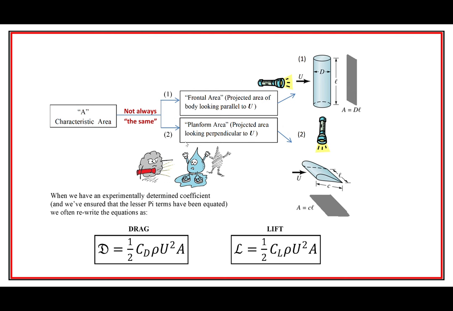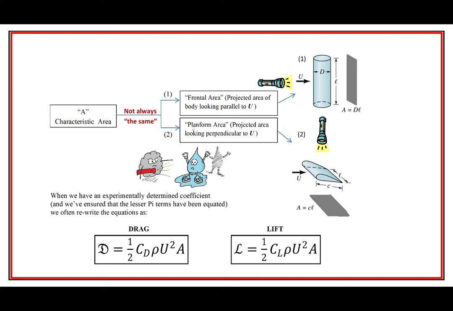How this works is that the area usually for the drag is different from what it is for the lift. For the drag, it's what we call the frontal area. The way I think of it is to take a flashlight and shine it on the object and then look at its shadow. From the direction of the flow, that's going to be the drag area. So in this case, it's going to be the diameter of this cylinder times the length of that cylinder. That's the frontal area, and that's what gets used down here in the drag. And then,